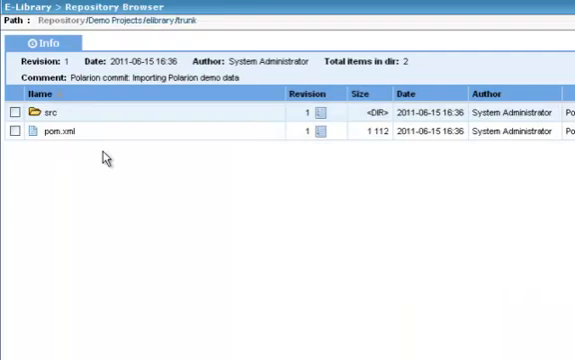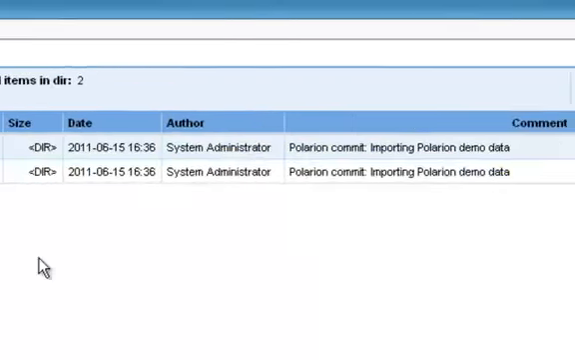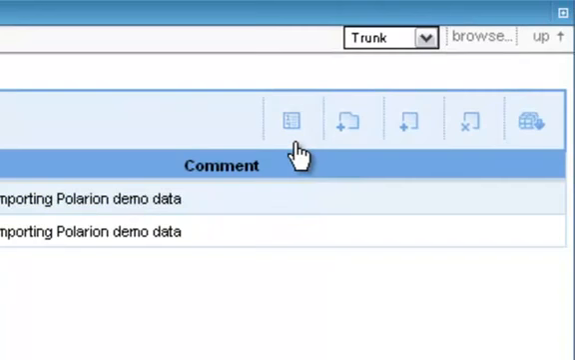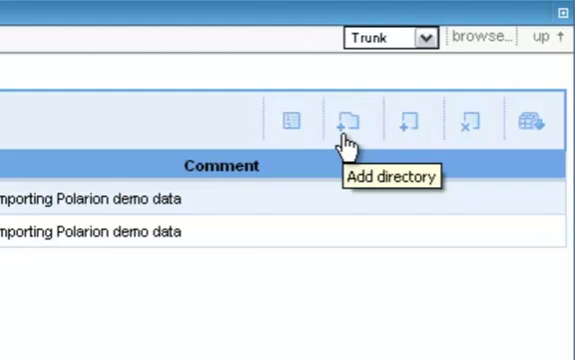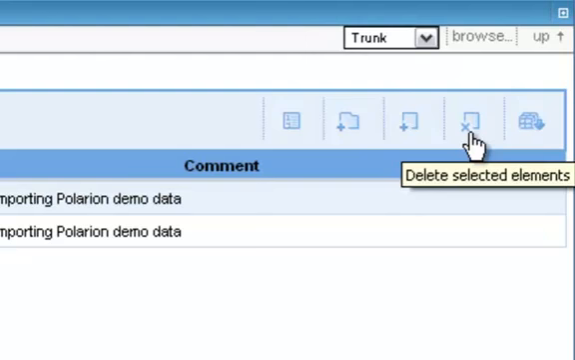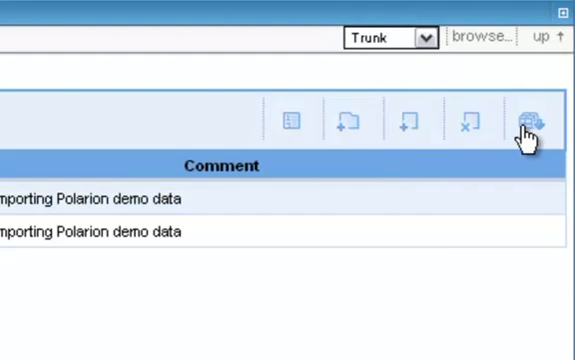Let's go back and look at some of the actions available with folder content. When you're browsed into a folder, these icons provide several actions for the folder. There's again a way to get into the revisions. You can add a subfolder, called a directory here. You can add a file to the current folder. You can delete any items checked in the contents table, and finally you can download the current folder as a